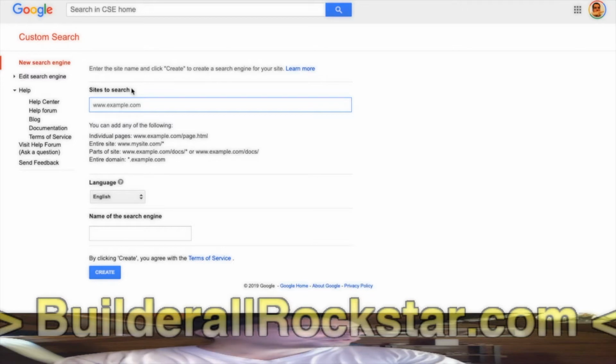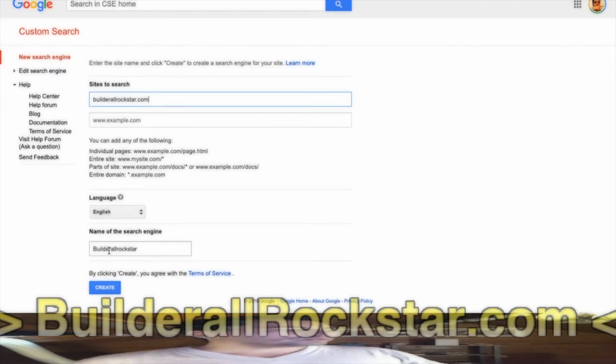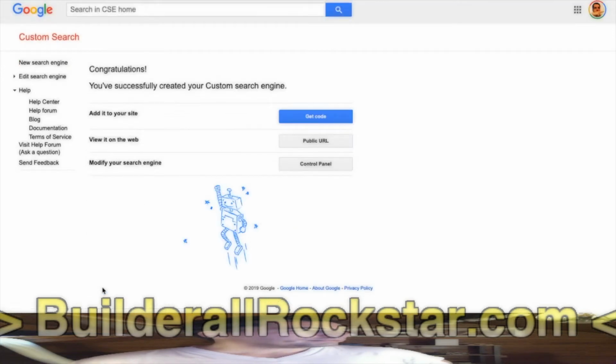For mine, I will just put builderallrockstar.com, language of the custom search engine English, and the name of my search engine just for me. Okay, then create. Now, so it's created. You can add it to your website, view it on the web, because it's also a Google page on its own. When you go there, it will search only on the site that you have specified